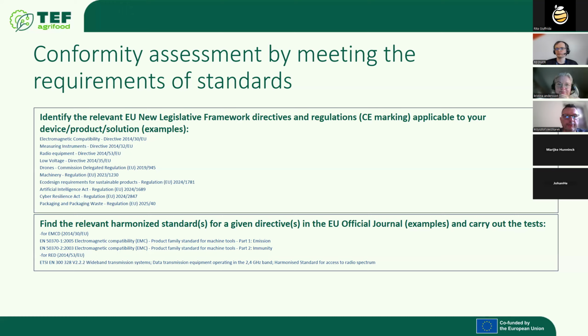So here are the examples. In most cases, agri-food tech equipment is electronic equipment. This is not only pure mechanical equipment, because otherwise it would not be an AI or robotic solution. We can also identify the Measuring Instruments Directive and the Radio Equipment Directive very often, because AI or robotic solutions communicate with the outside world via radio waves. The Low Voltage Directive may also be of use. This is electrical safety, very often used for equipment that is plugged into the mains network.